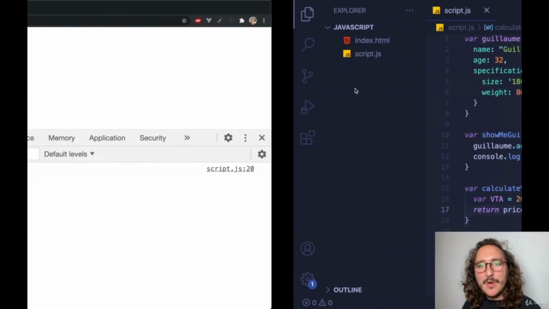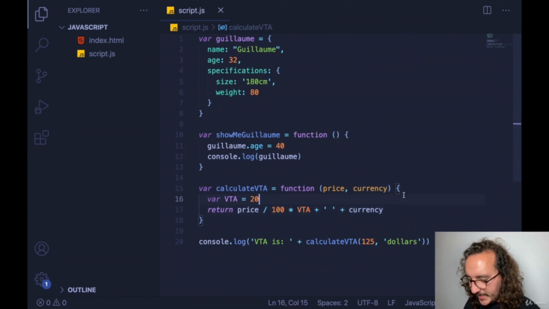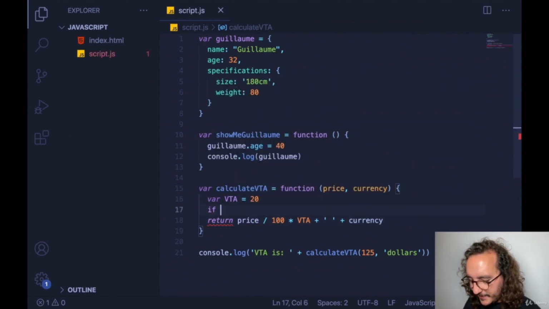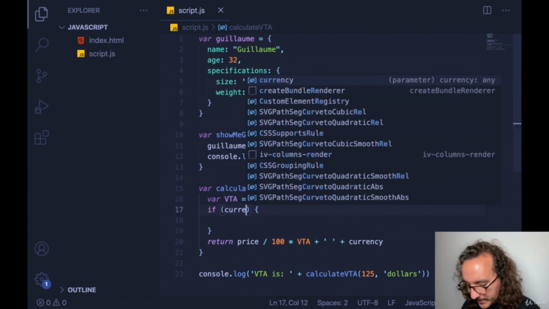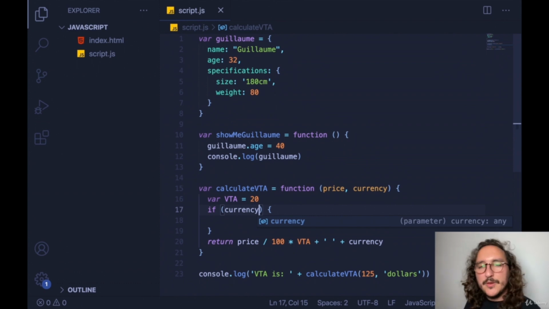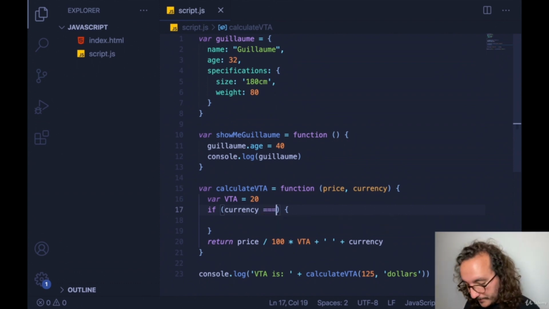So let's say that now I want a condition. To create conditions in JavaScript, you got to type if. And if, parenthesis, it's like a function, between the curly brackets in here you are going to write all the action that you want to do only if there is a certain condition. And how do we write a condition? It's really easy to understand. We are going to say if currency, and remember the comparisons that we had before, if currency is dollars,